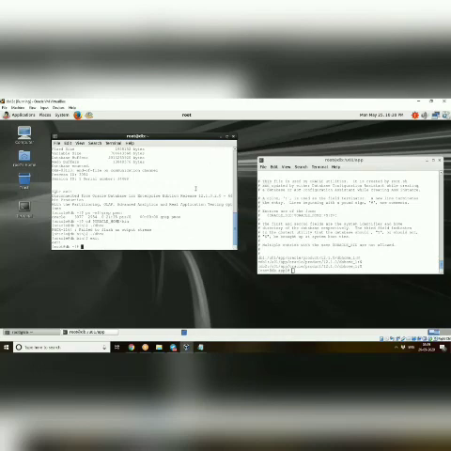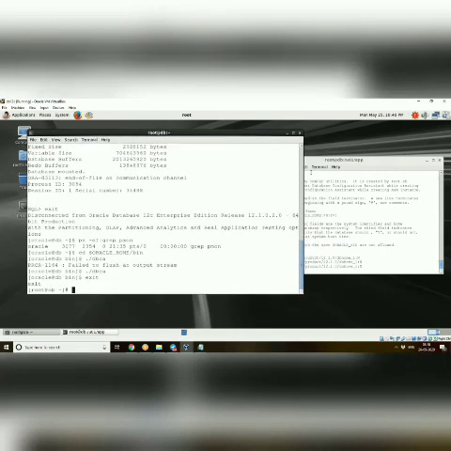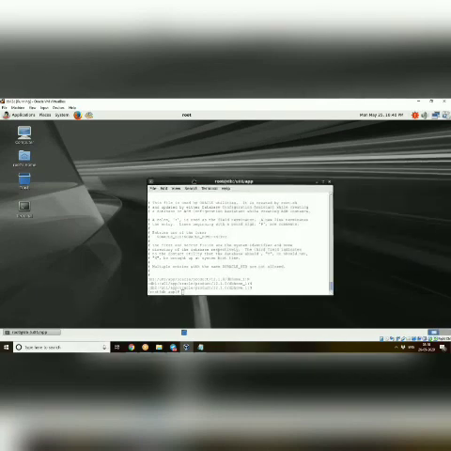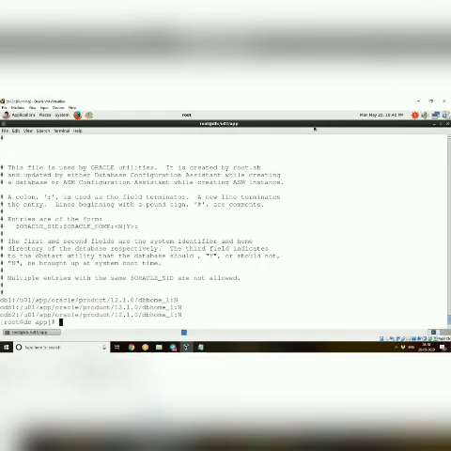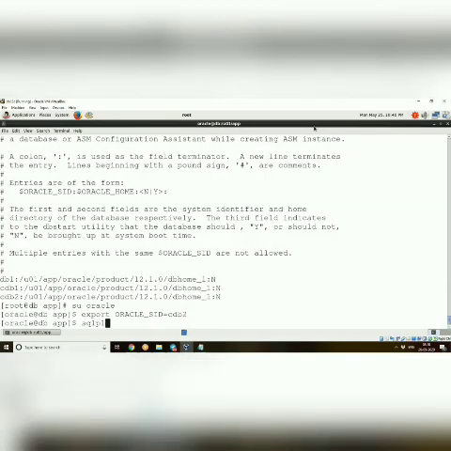Now this is my new database. I have just now created CDB2. So I'll show you. Now SQL plus / sysdba.